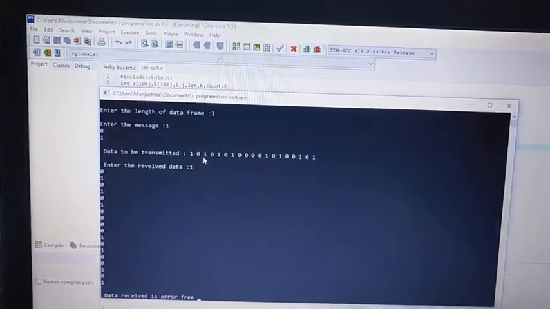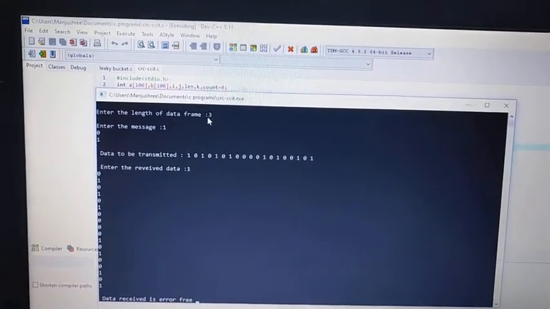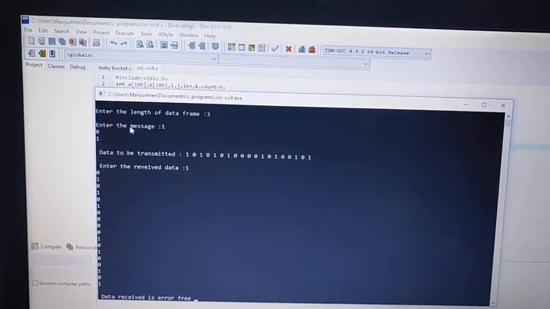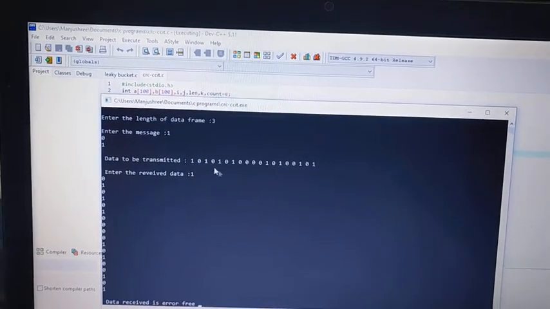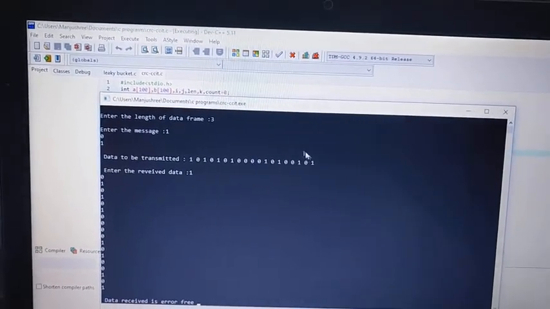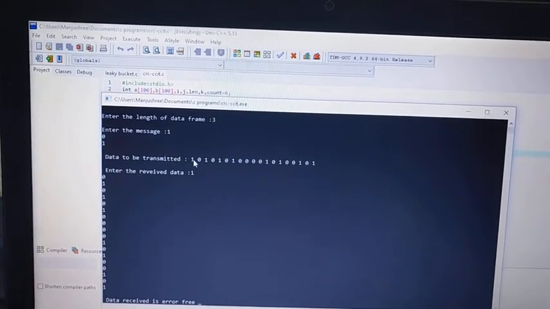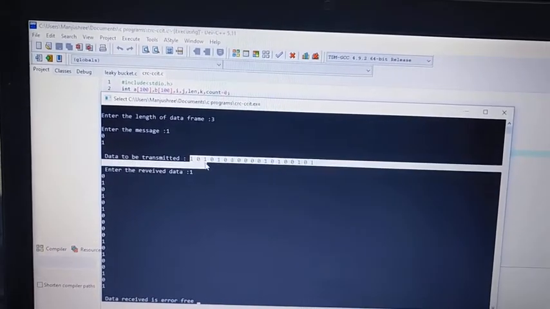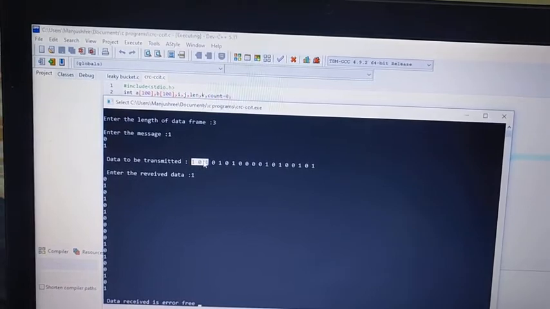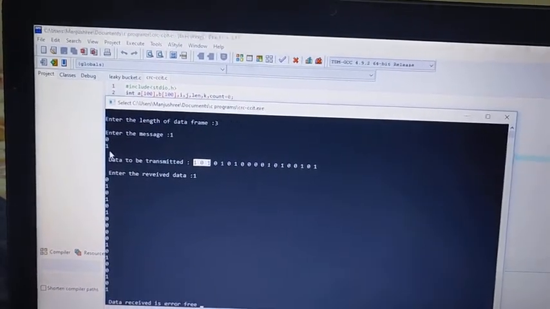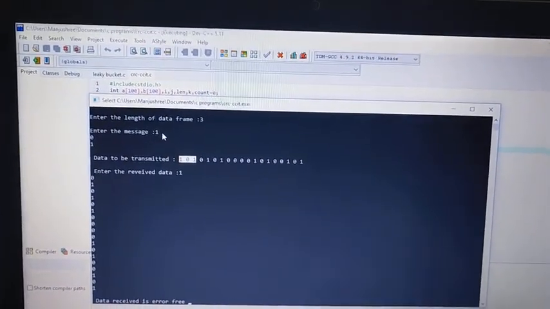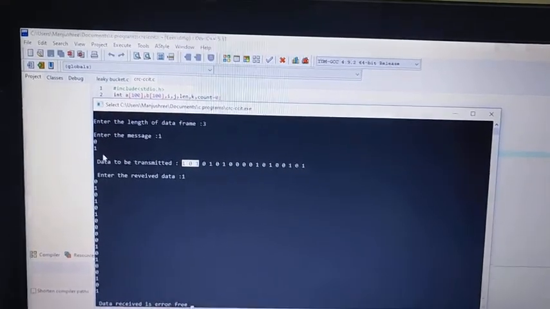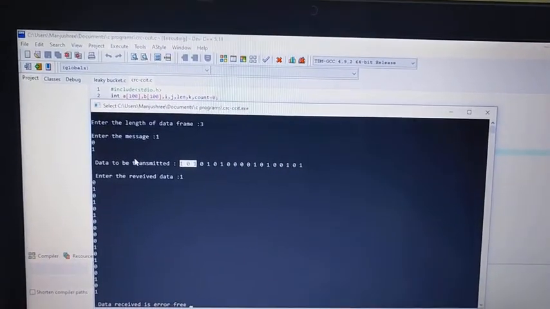We have entered only 3, and I have entered the message, that is 101. But here we have got the data to be transmitted. The first 3 bits always indicate the data, that is 101 that you have entered. You can enter any message, not only 101, you can enter 11, any bits of your wish.